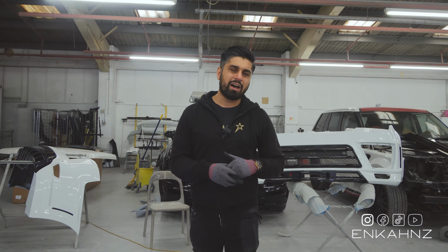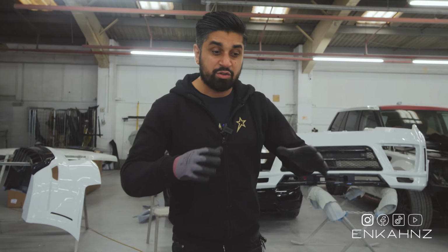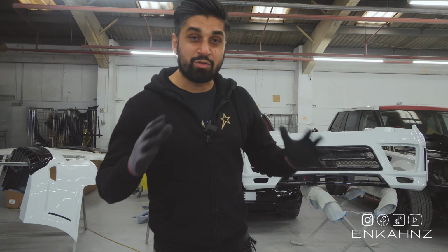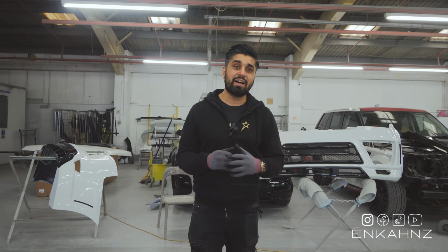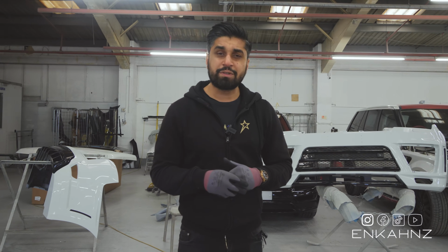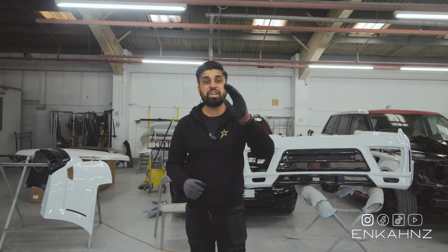Coming around the back of the car, we're going to be putting a rear diffuser that adds onto the original G63 rear bumper, and also it's got some nice aggressive fins in there to make the back end look very aggressive and monstrous. To finish it all off, we're going to be adding a top roof spoiler as well. So this is the first one that we've made and we'll be fitting to this car, and it'll be the first one that we're doing. But also on this G-Wagon, we have other optional extras, like we can add a bonnet scoop and the front roof spoiler. So let's get on with this conversion, but for now,